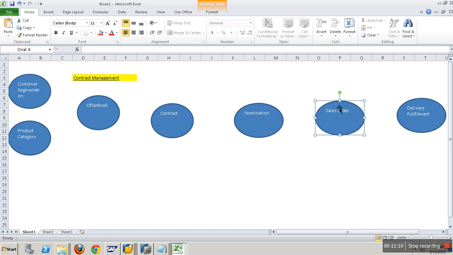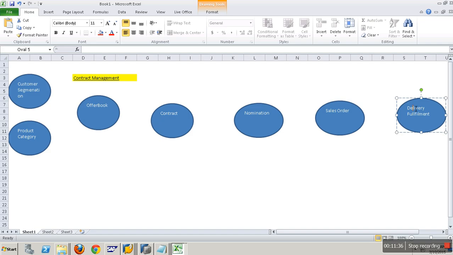In the sales order, I will know whether it was done with less than full truckload or whether last minute changes were done to it. I can know from here. And from the contract, I can know what agreements were made. And from the nominations, I can know what he is nominating for. Clear on this? Once the order is created, the next is the delivery document, goods issue, where we are issuing the goods. We call it PGI, post goods issue document. We'll have a delivery document, post goods issue document, and billing.